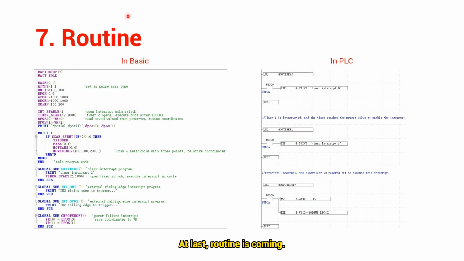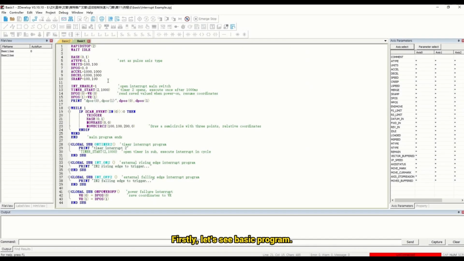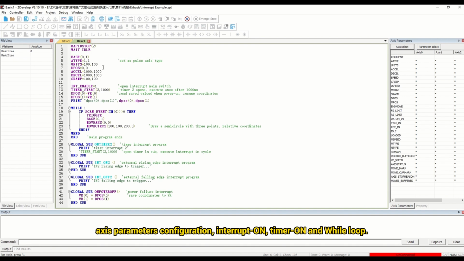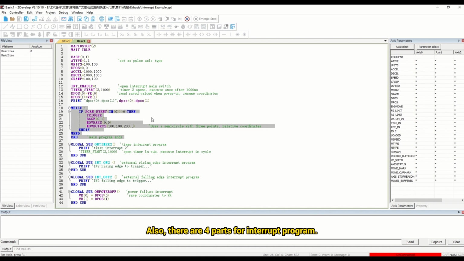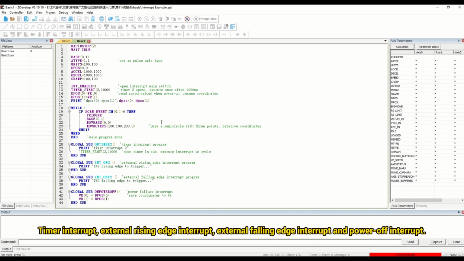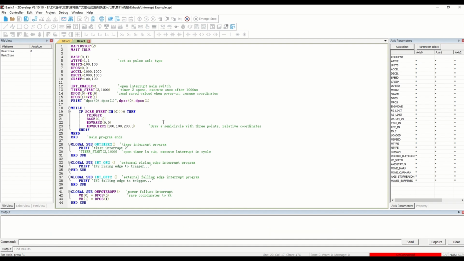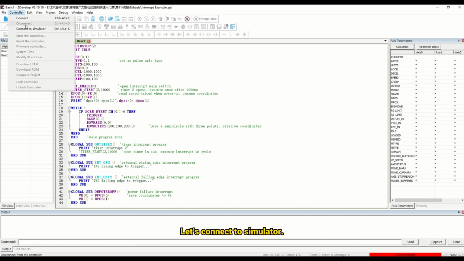At last, the routine is coming. The left is the basic program of 3 interrupts. The right is the PLC program. Firstly, let's see the basic program. The main program contains 4 parts: access parameters, configuration, interrupt on, timer on, and while loop. Also, there are 4 parts for the interrupt program: timer interrupt, external rising edge interrupt, external falling edge interrupt, and power off interrupt. Let's connect to the simulator